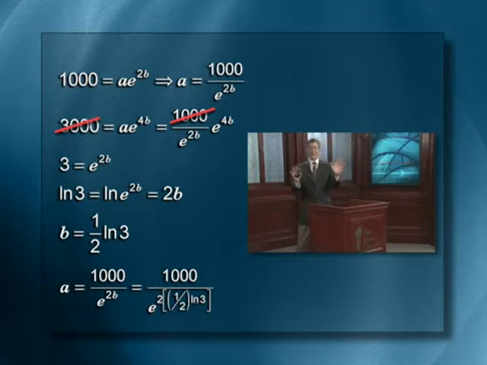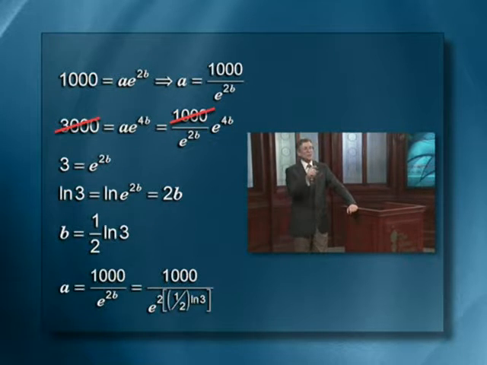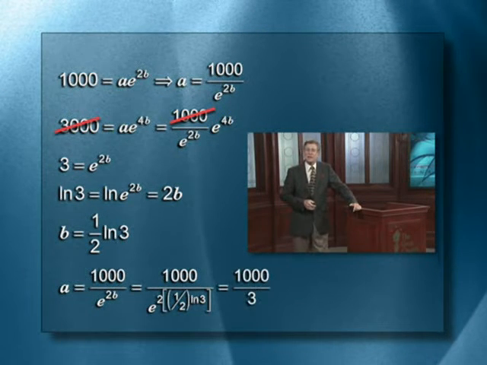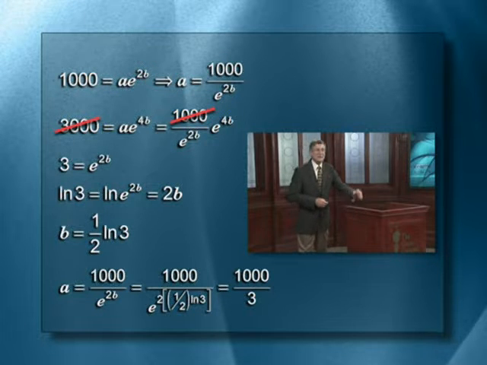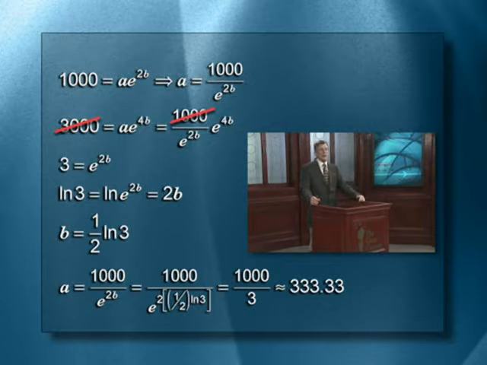Don't panic. It's not so bad. The 2 and the 1/2 cancel, don't they? And you're left with e to the log 3. Oh, inverse functions. You're left with just 3 in the denominator. How pleasant. a is nothing more than 1,000 over 3, or approximately